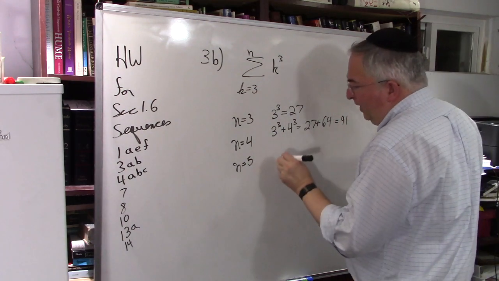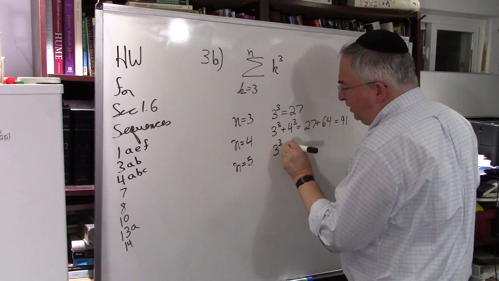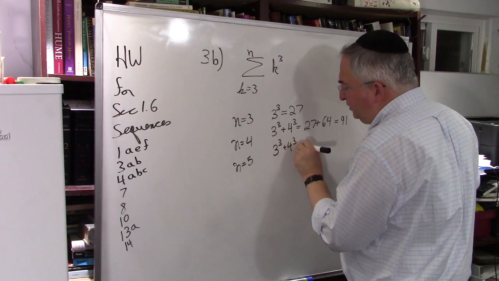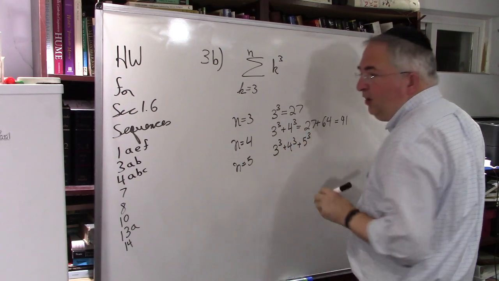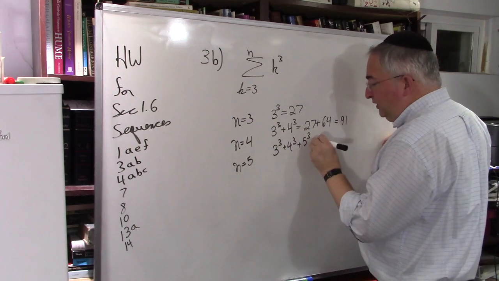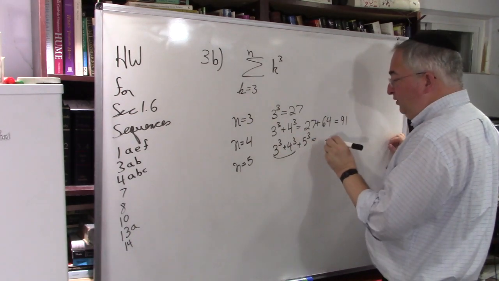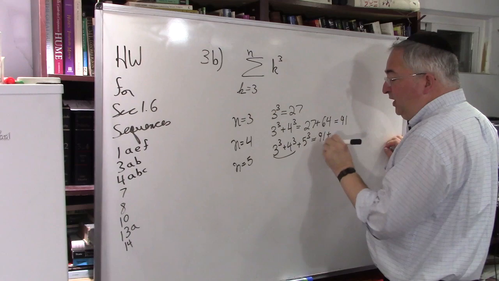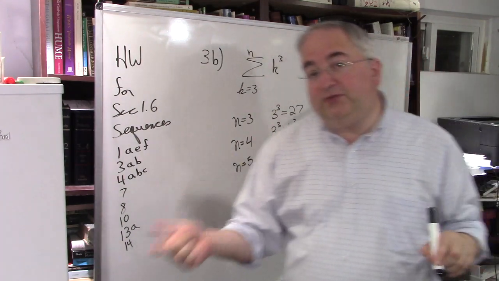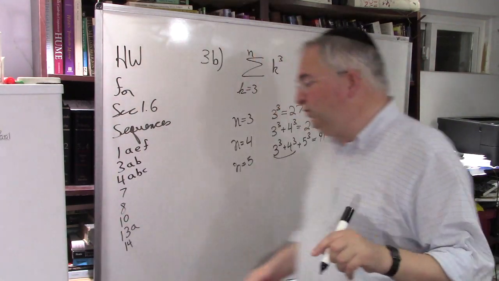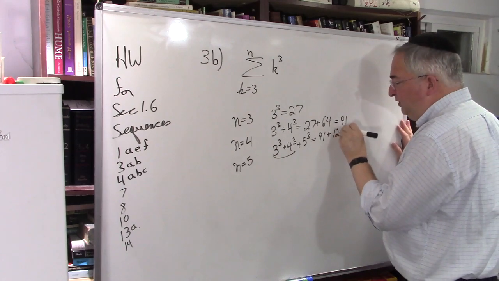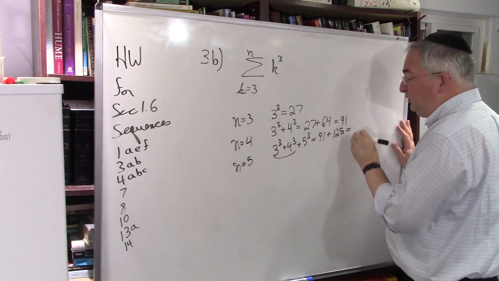Okay, 5 is 3 to the third plus 4 to the third plus 5 to the third. What's 5 to the third? Hold on, let's do this. 3 to the third plus 4 to the third is equal to 91, plus 5 to the third. 5 times 5 is 25, times 5 is 125. So it's 125. So this is going to equal